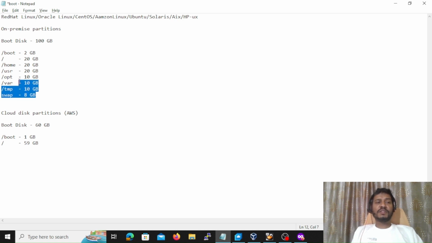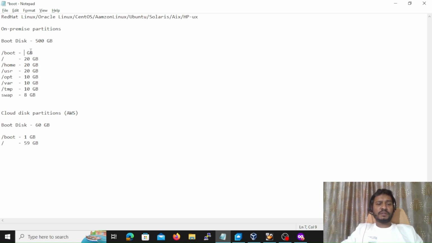So these are all the important partitions we need to make sure our disk is divided into. Let's say in this case I took 100 GB, so I divided it like this. It doesn't mean that you need to go this way only; it depends on the disk size. Let's say if you have 100 GB, you can plan accordingly. Maybe you can use 500 GB, right? If it is 500 GB, you can plan a different way. Maybe you can put boot at 10 GB or root at 100 GB, like that. That's all up to you, but generally we need to